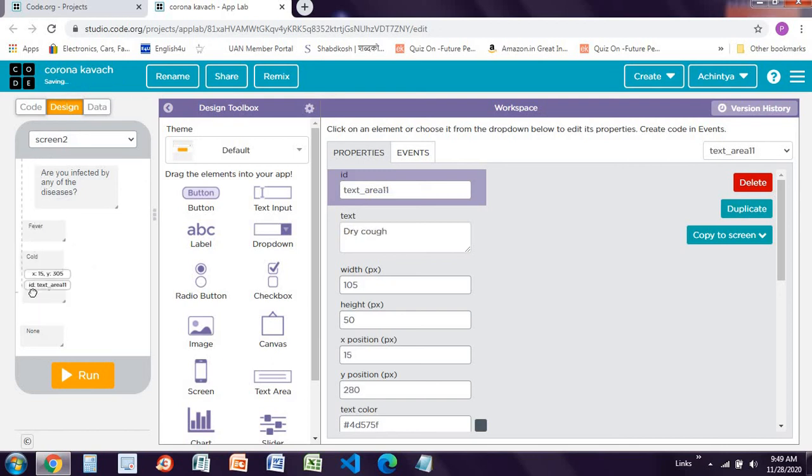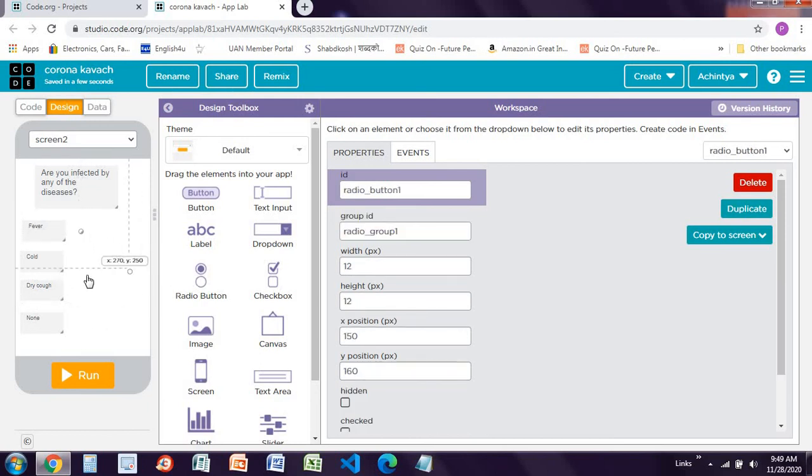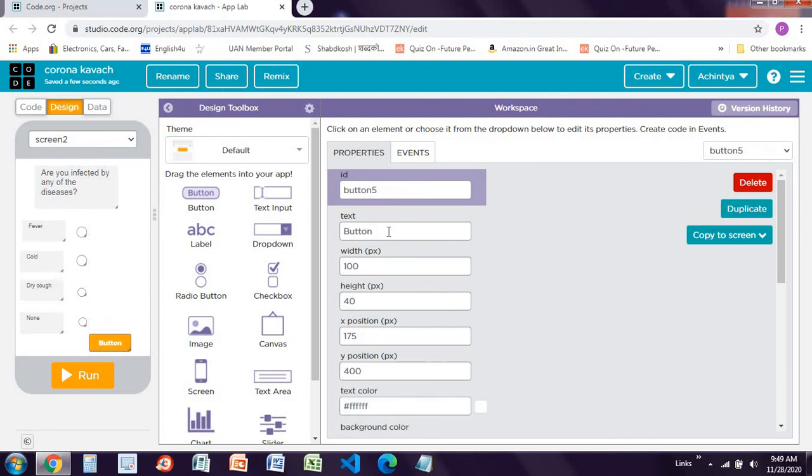Then we have to drag radio buttons over here for all of these. So like this, 1, then 2, and then the third one, and then the 4th. Now I want to increase this size like this much or else this much. Now place it over here. Same way, increase its size and place it. Increase size and place it like this. And now we will be creating the enter button over here.